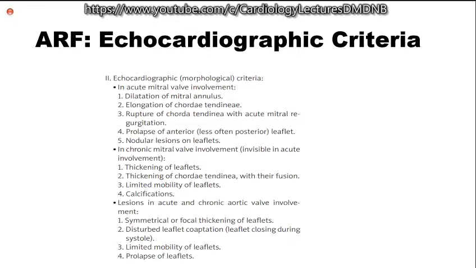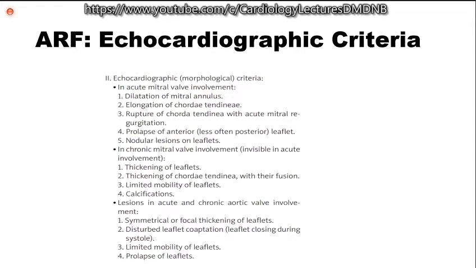papillary and LV size discordance. Sometimes patients can have mitral valve prolapse, and the prolapsing cusp is the posterior mitral leaflet. While in the mitral valve prolapse seen in patients with acute rheumatic fever, it is the anterior cusp which is prolapsing. Sometimes you may be able to see a few nodular lesions on the leaflets.